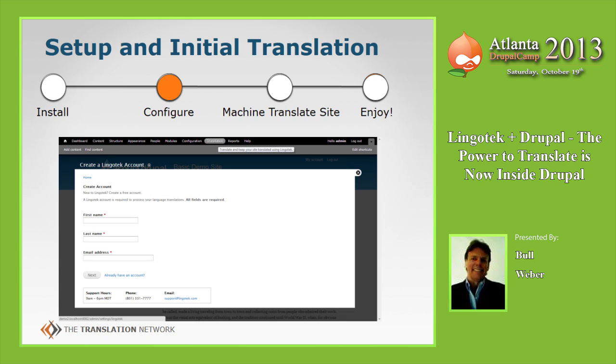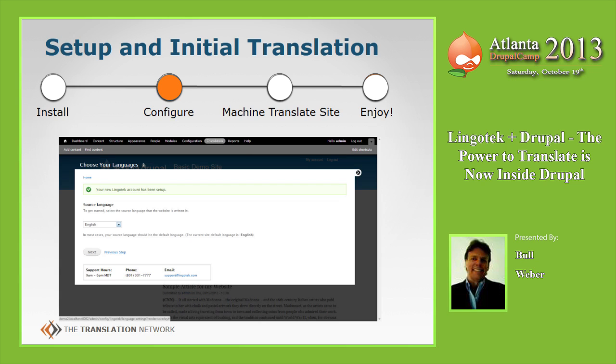And then you click on the little translation button up here, and it gives you our wizard. So we've tried to make it real easy to get translation up and running on your site. So we give you this little wizard. Tell us a little bit about yourself, so we can create your account on our SaaS-based product. And then we ask you what your source language is. So here is English, but it could be anything